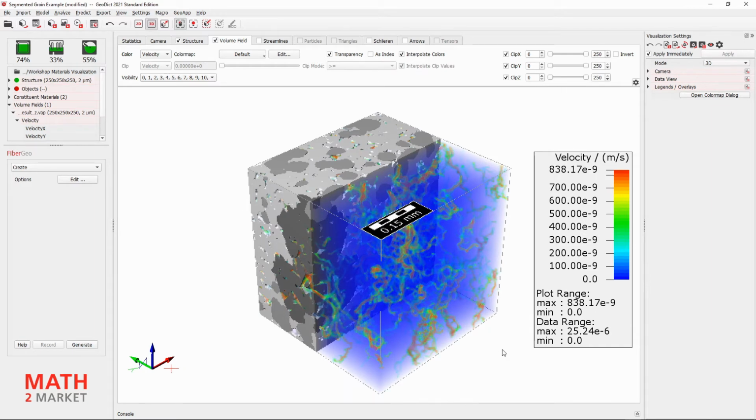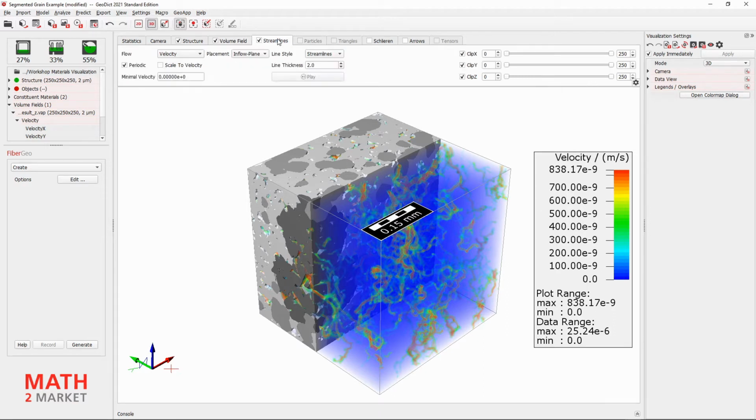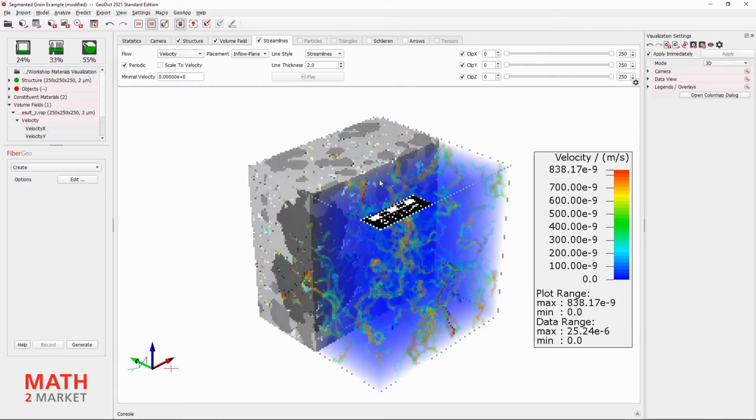Now we already have a pretty solid visualization of our flow simulation here, but we can amplify our flow visualization with another feature, the streamlines. In the visualization panel, we can enable the streamline visualization by checking the box next to the tab name Streamlines here. Streamlines are the trajectories of the theoretical massless particles that are carried along by the flow. We see one, maybe two streamlines, and it appears as if nothing has changed.